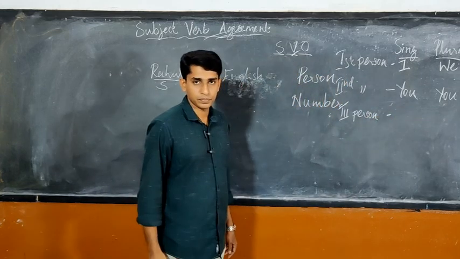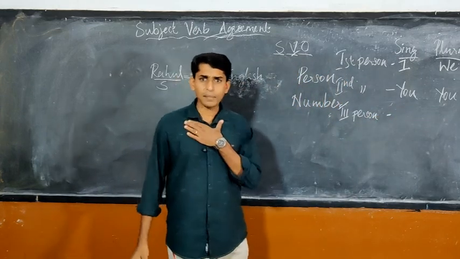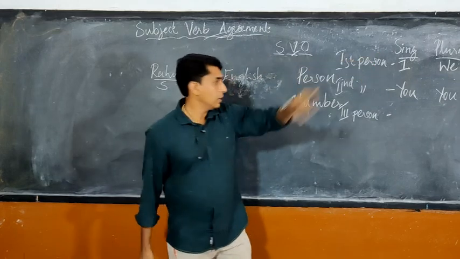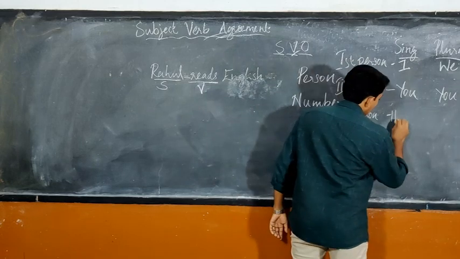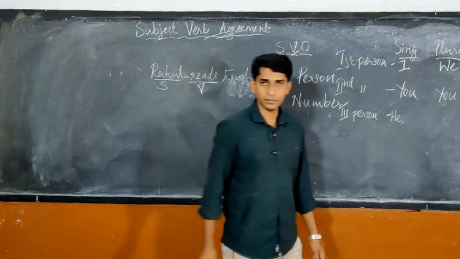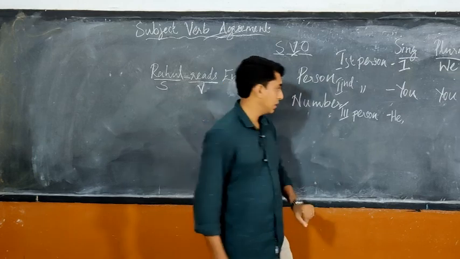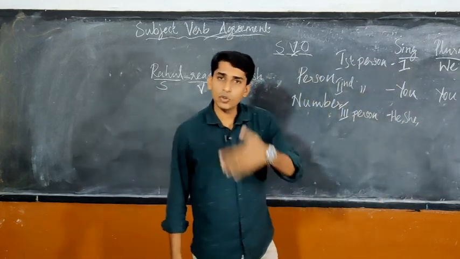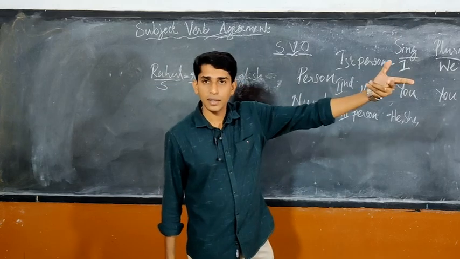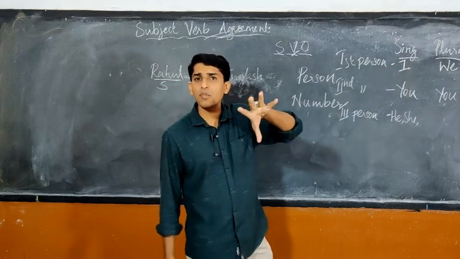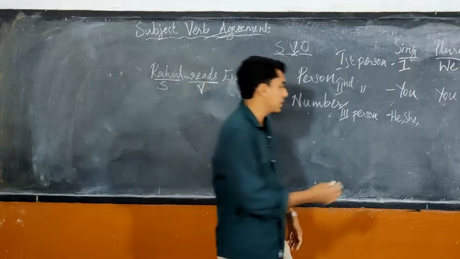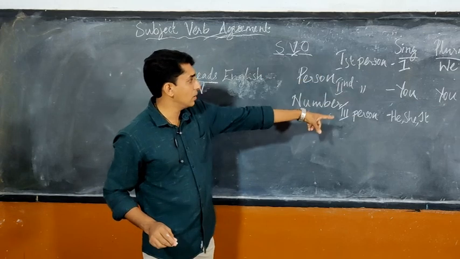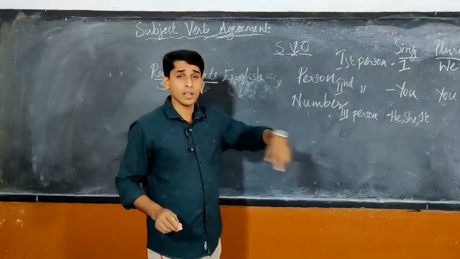Third person. Who will be the third person? If I am the first person, you are the second person, who is the third person? If it is a male, we will call him he. Singular, okay, he. If it is a female, we will call her she. If it is not a human being, it is something else. Anything it can be. A subject is the name of anything, a noun. If it is not a person, we will call it it. These all are singulars: first person, second person, third person.